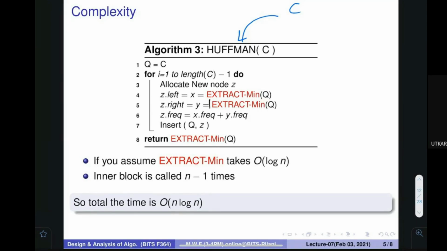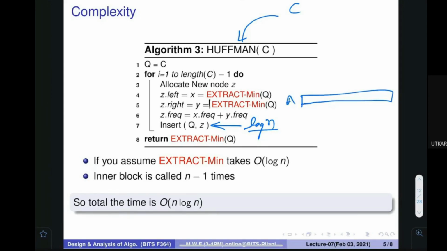Siddharth is asking whether the insertion would also need order of log n time. I agree with you that it would also take log n time. Thank you for correcting me. Initially when I discussed this, I was talking about an array.